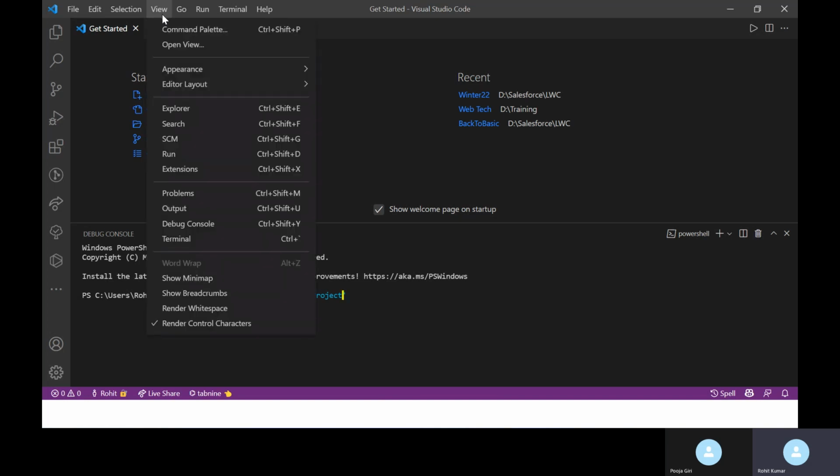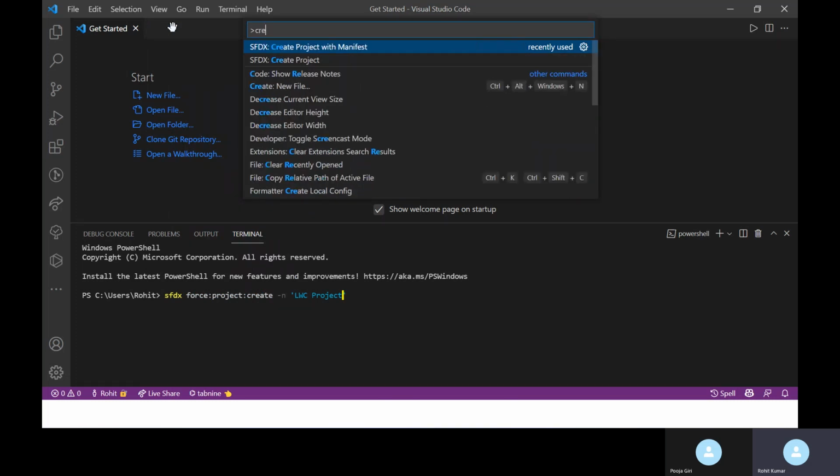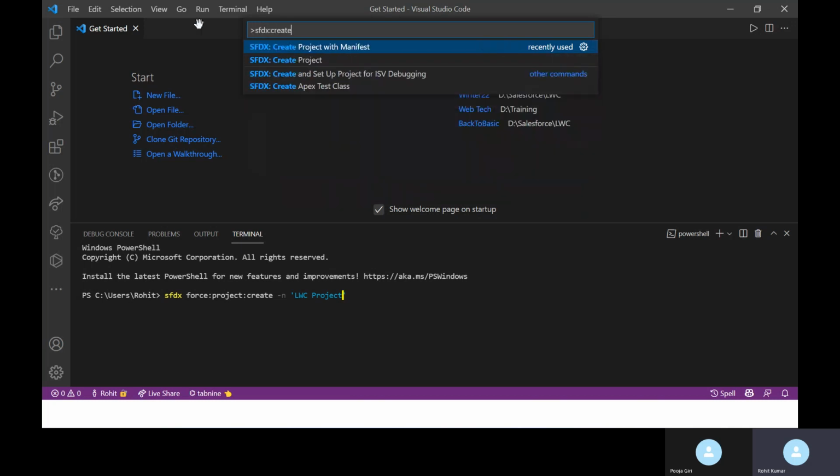Under View, you can see Command Palette, right? Just click this one, and here you can see this is the command palette. You have to search for create, or search for SFDX colon create project with Manifest. Here you can see this option, the first one.